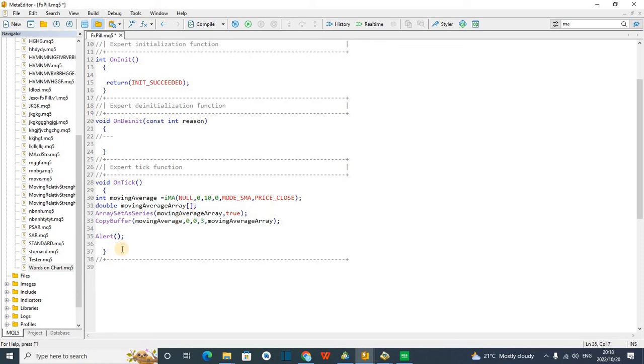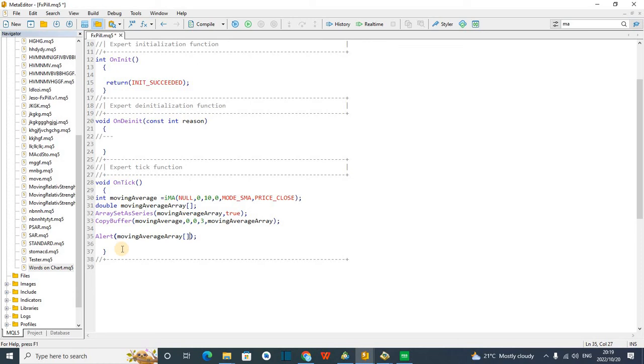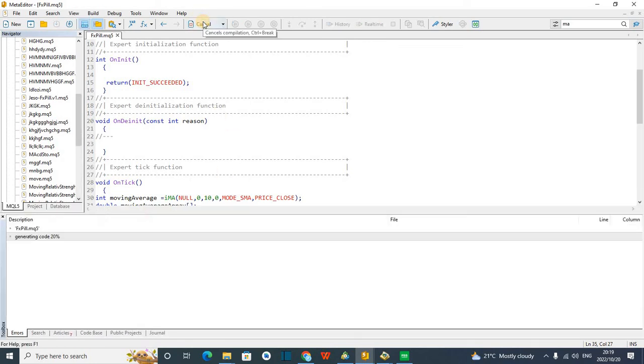So to print the value of my indicator, I come here and say moving average array, put that curly brace, and then I must put the value that I want, 1 2 or 3. Which indicator do I want? So I'll say 0. Okay, that's the value that I want. So if I want for 2, let me compile,